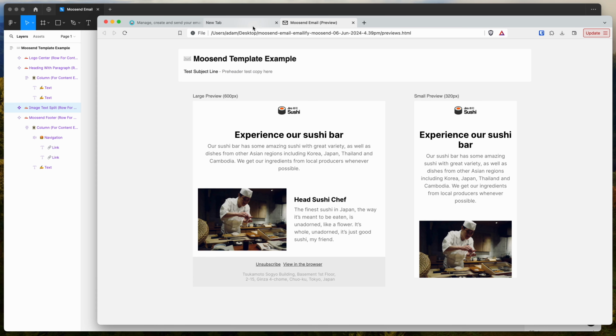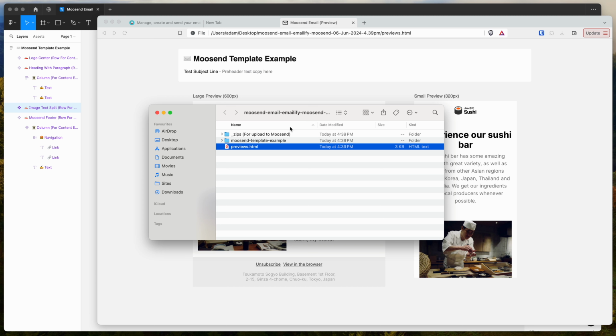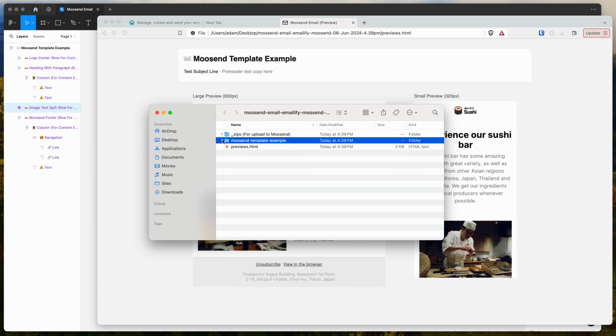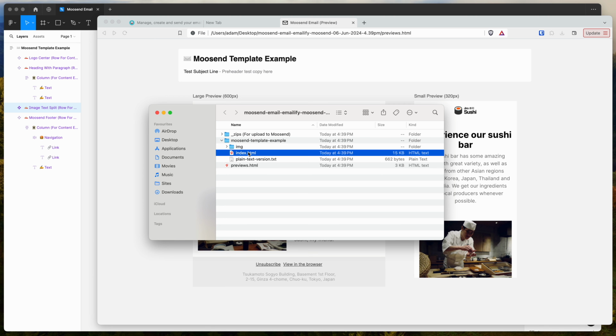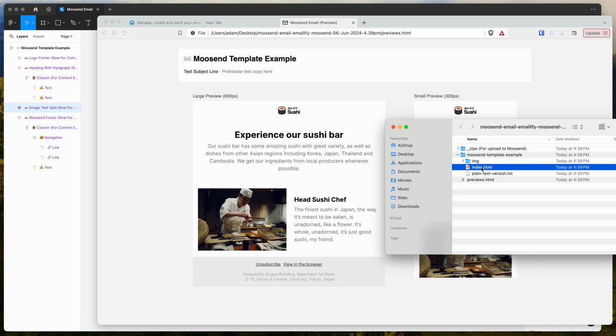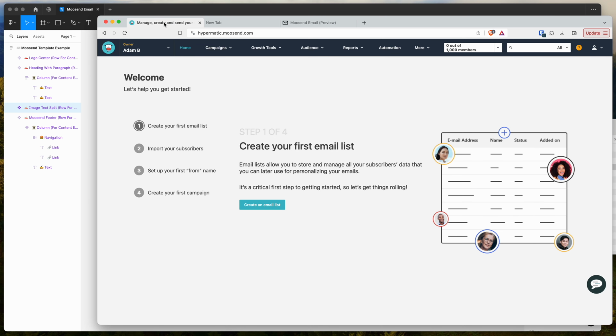But the file that we're really looking for today is inside of the email template here. So you can see we've got our folder name matching the frame. So Moosend template email, we've got a folder called Moosend template email. And what we basically want to get is this index.html file. So if we get that index.html file, and then we go to Moosend, so just log into your Moosend account,